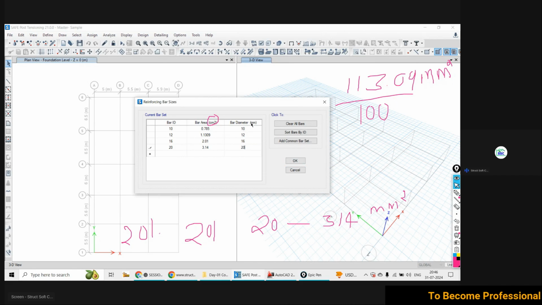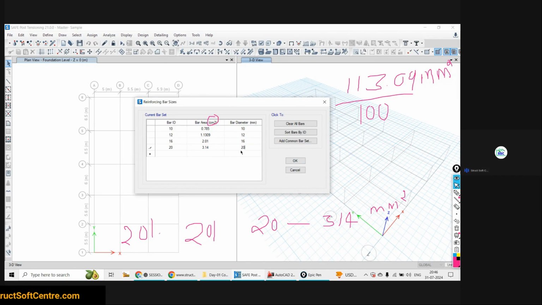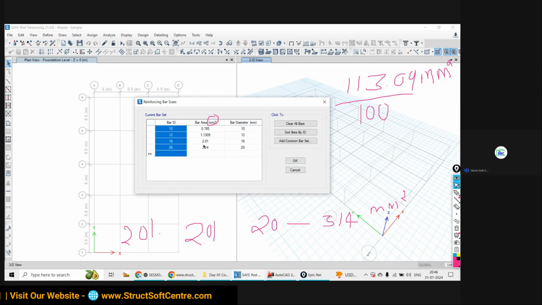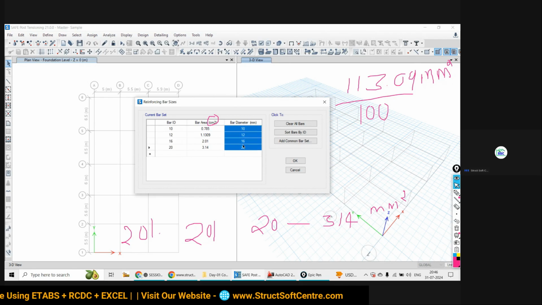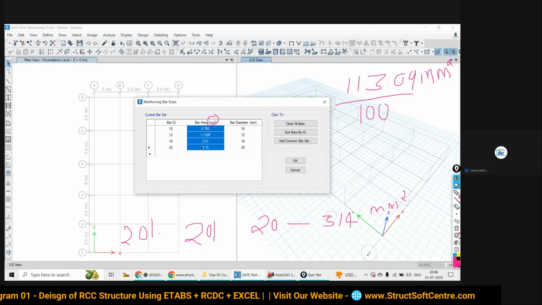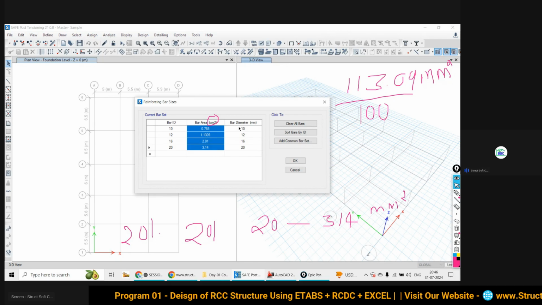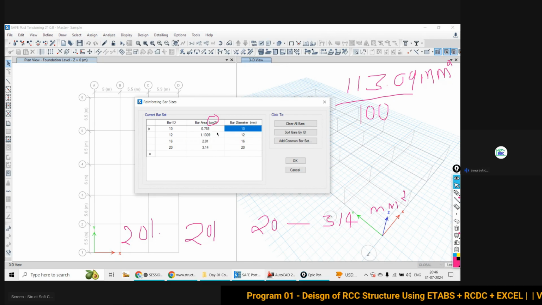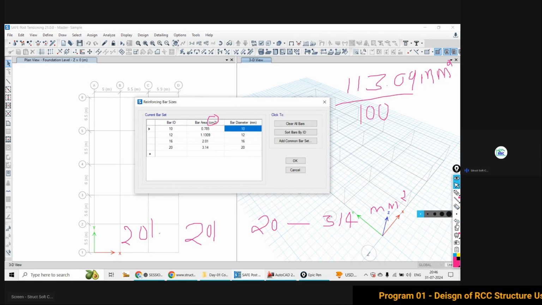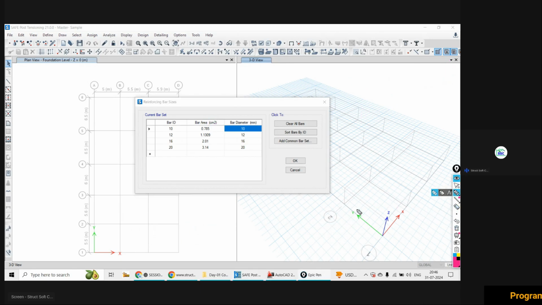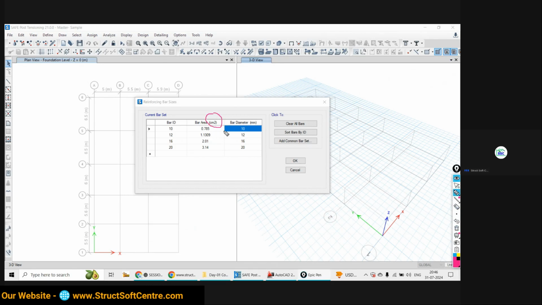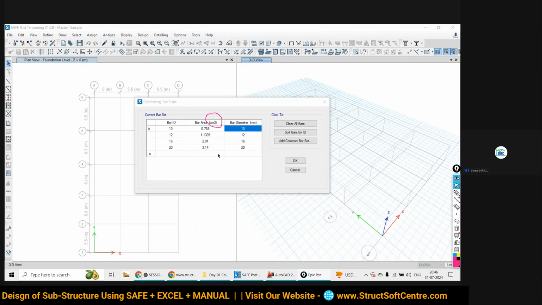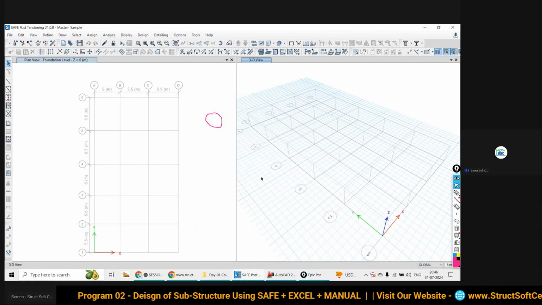This is all done. So all the labels, all the respective areas and actual dia are present here. This is the label and these are the dia. In respect of this dia, the unit area of that particular dia bar in centimeter square. Don't write in square. People have the practice to write the values in square. So don't do that. It is asking in centimeter square. Otherwise all your calculation and design results will be wrong because your input data is wrong. So for that reason, make it so. Okay. Done.